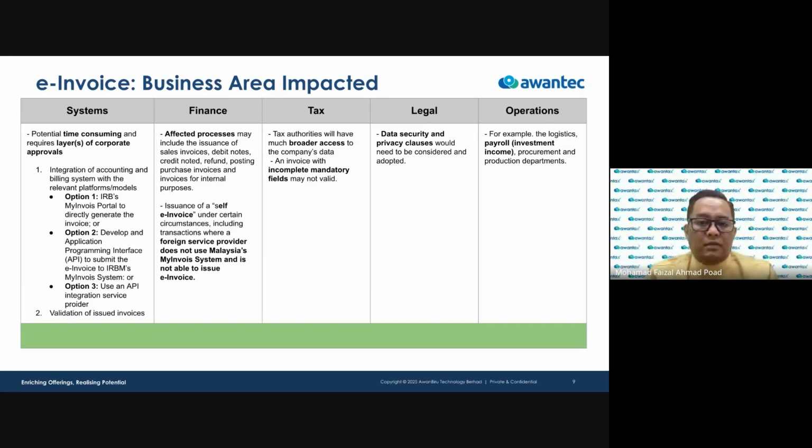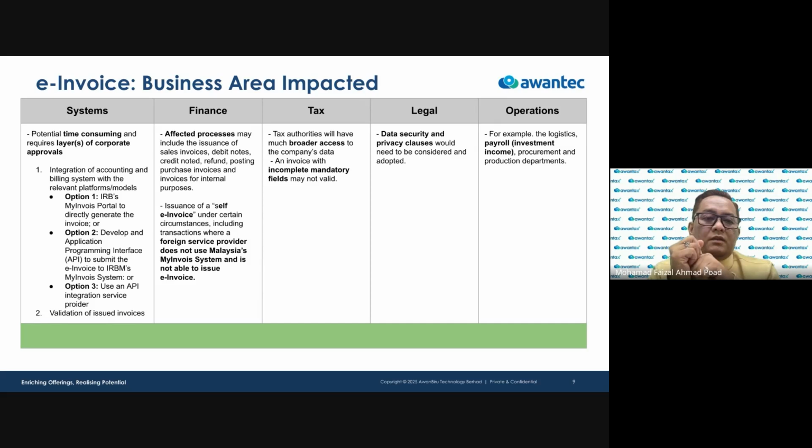And of course, I do understand that a lot of people don't understand it, and it starts to make noise about how these things impact their business and so on. And from the government's point of view, I think one of the ideas behind e-invoice is that they want to track your revenue or income, and the second is that they want to know your expenses, so they want to align between these two.